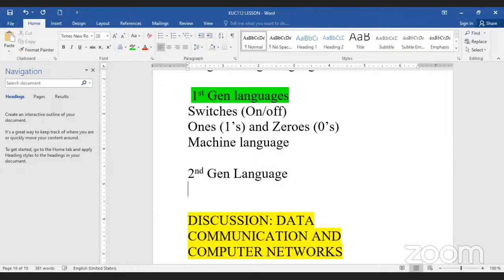So it led to the advancement of the languages that they were using. Instead, the second generation computers used symbols, or symbolic names,